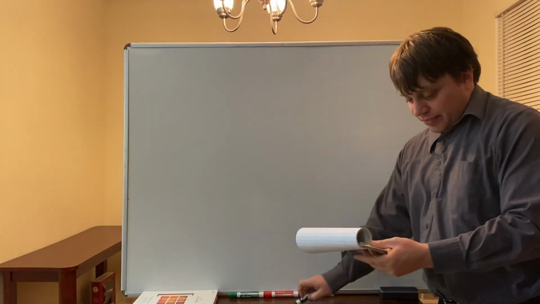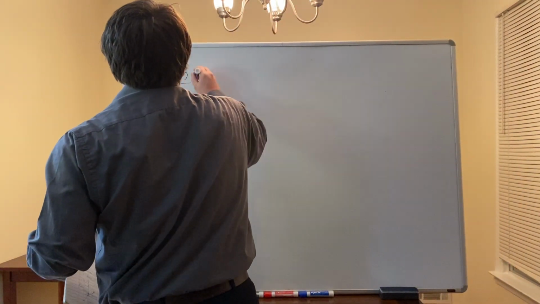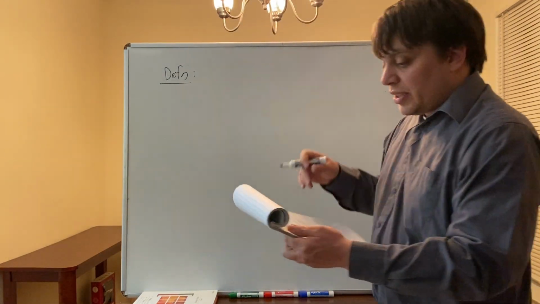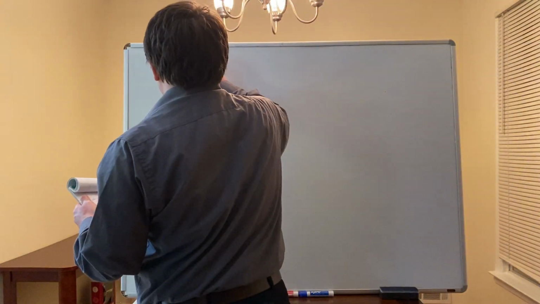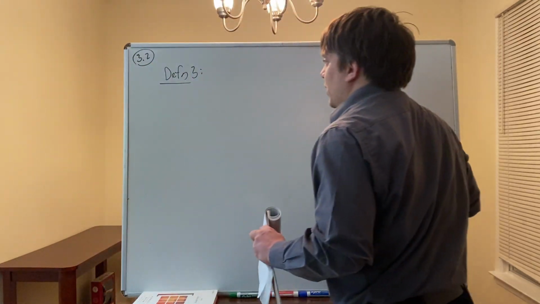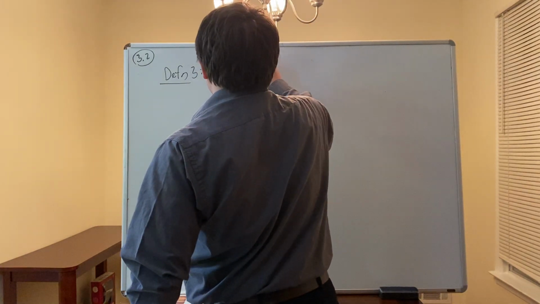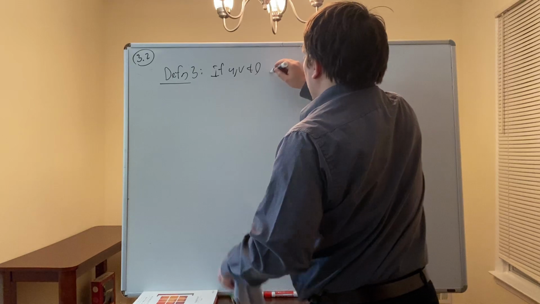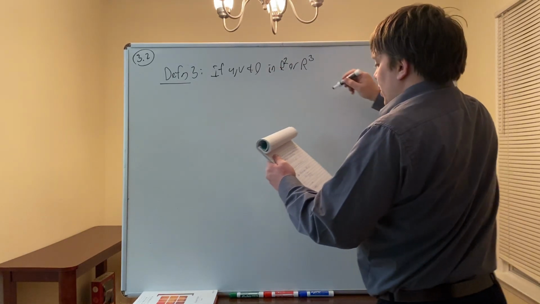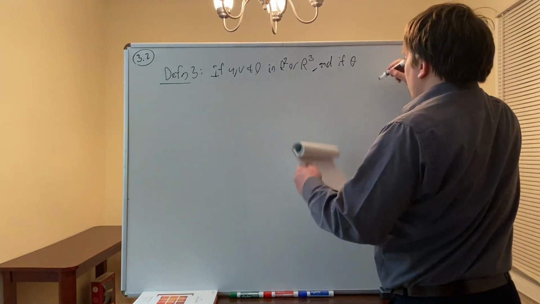Okay, so continuing 3.2, we have definition 3 of that section. This is 3.2 continued. Definition 3 of 3.2 is: if U and V are non-zero vectors in 2-space or 3-space, so they're both in 2-space or 3-space, and if theta is the angle between